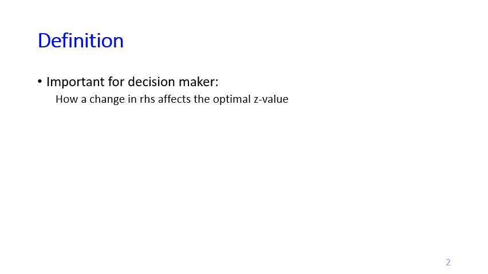So in practice, for a decision maker, it is important to know how the change in the right-hand side affects the optimal z-value, because the right-hand side usually shows the availability of resources. So you would like to know if the number of resources change, how it would affect your profit, for example, right? So here we are going to see how the change in the right-hand side affects the optimal z-value,